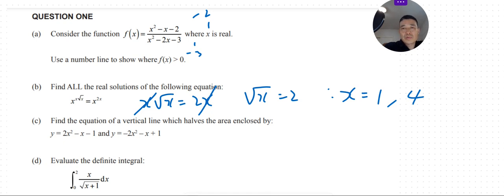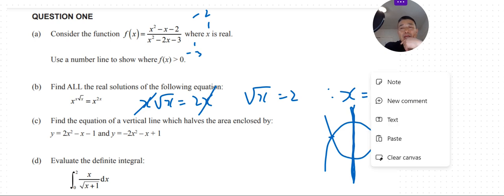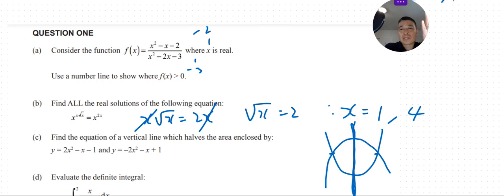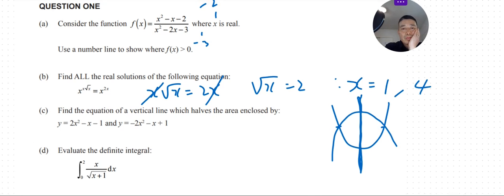So the first one is like this, and the second one would be like that, right? Then what halves? So what is the name of this vertical line? Right? So the easiest way is we find these intersections, right? Then we would know what this is because it must be symmetrical, right? So what we have to do is two